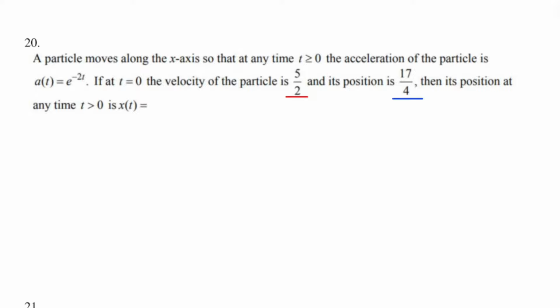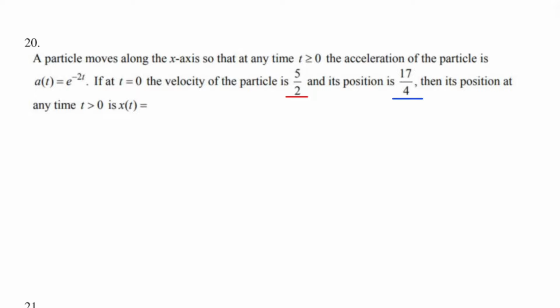Okay, now we're closing in on the end of this problem set. We're on the last page, so we've got to be getting close. We've got an acceleration of the particle given by a of t is e to the negative 2t. If at t equals 0, the velocity is 5 halves and the position is 17/4, then the position at any time t greater than 0 is, okay, so we're going to just solve for x of t using anti-differentiation